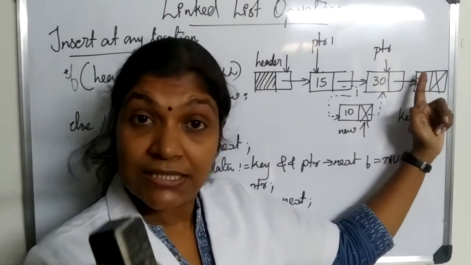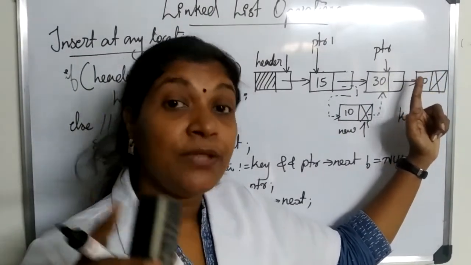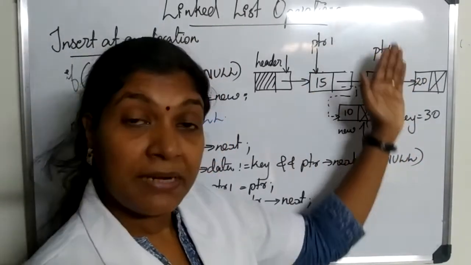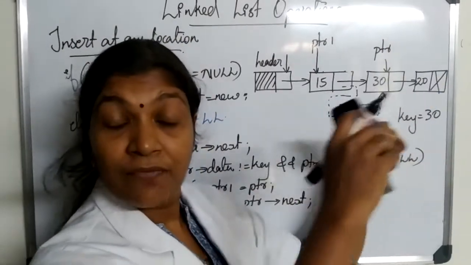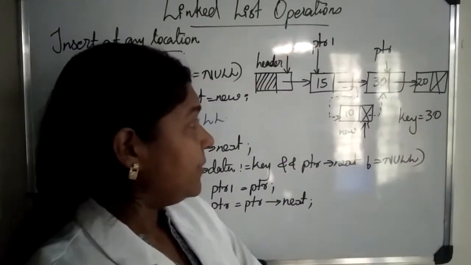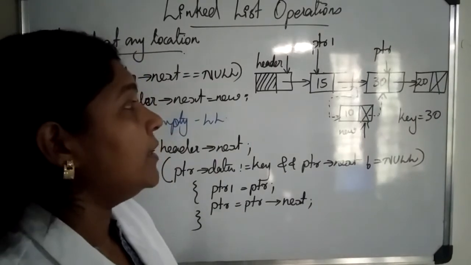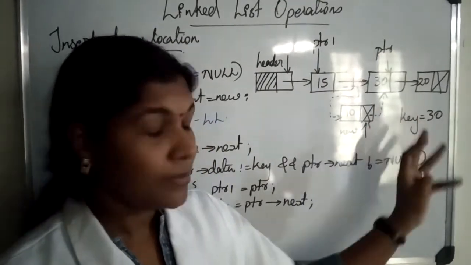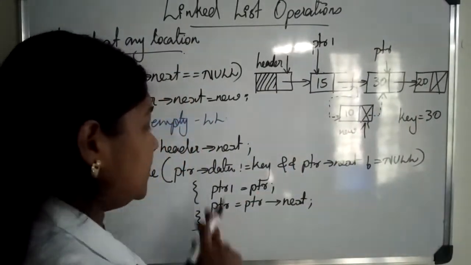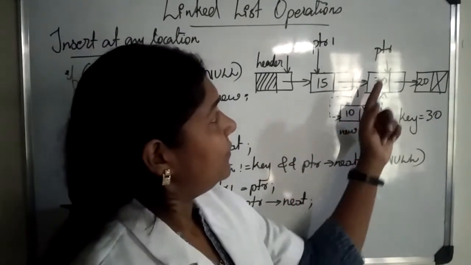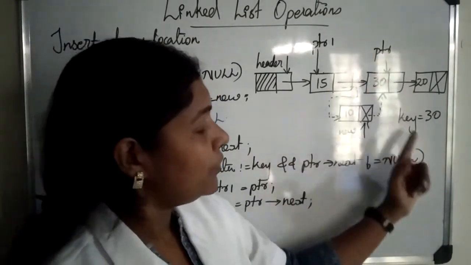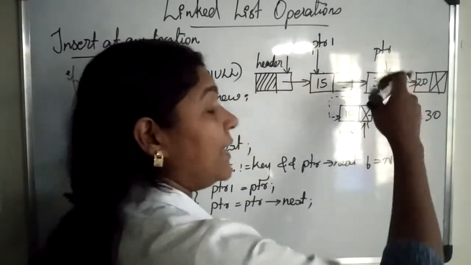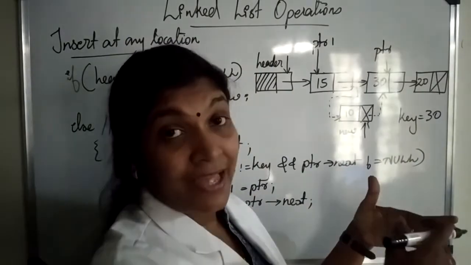I'm explaining the case by taking the example key value 20. That is, I'm trying to explain how this ptr is moving and how this ptr1 is following. So we are making our ptr move forward and pointer ptr1 follow ptr. Okay. So for that, we have written this loop. And when this ptr reaches the node which contains our key value, then what happens? So right now ptr, again coming back to our example with key value 30.